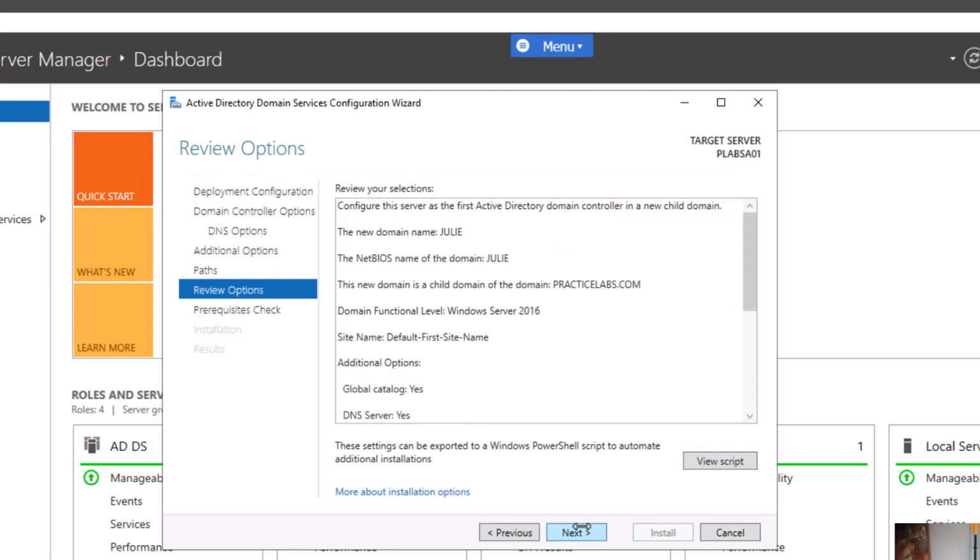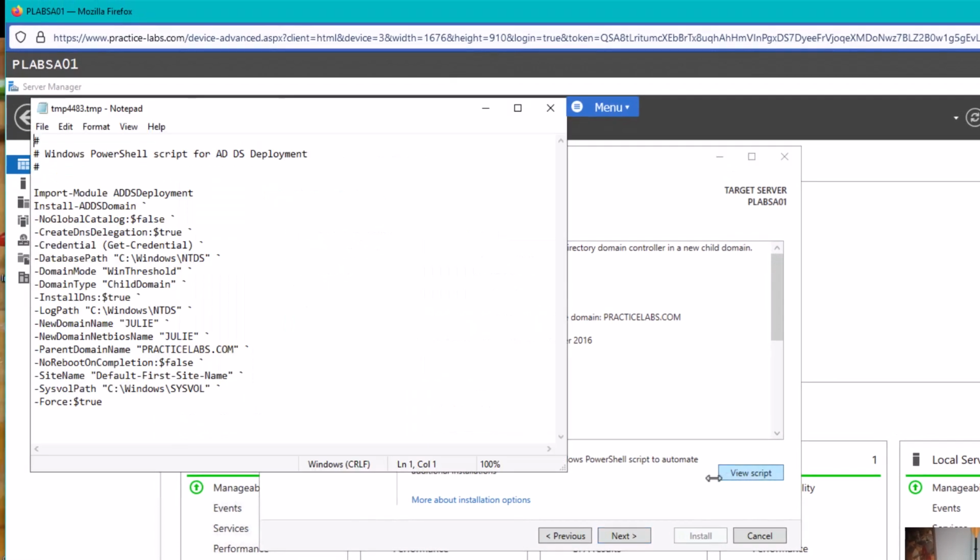Sysfile is also where group policy goes. Alright, you're going to get review options that summarizes the whole thing. Please note in the lower right corner of this window there is a box called View Script. If you look at this script, you're going to get the PowerShell for the whole thing. All that you are installing, all the choices you made, the domain name, that it's a child domain, and you